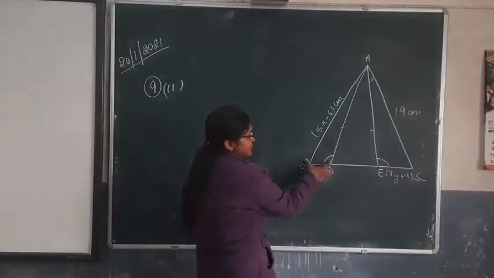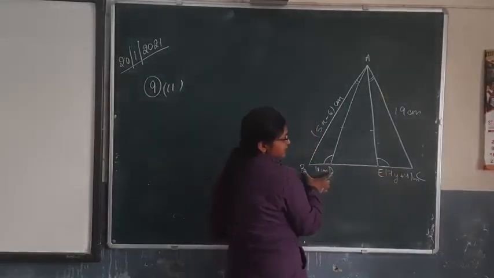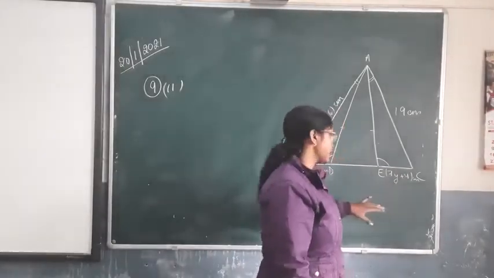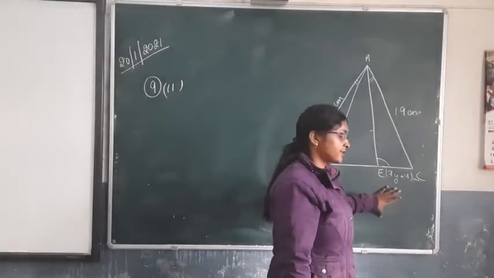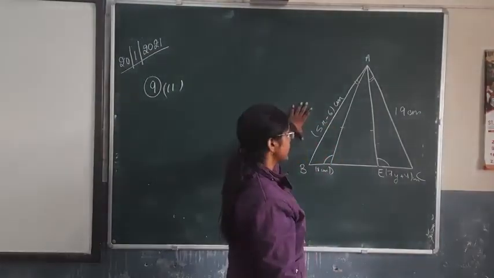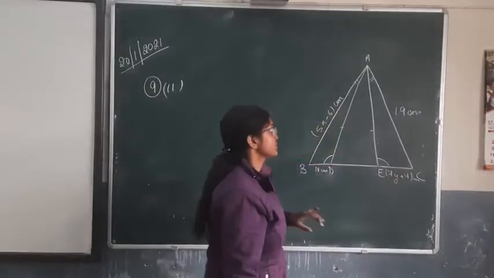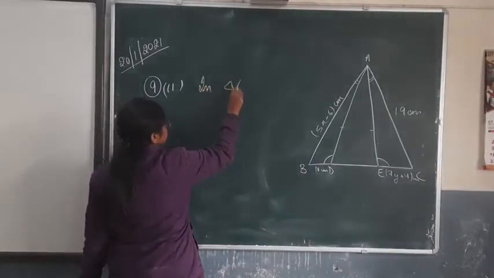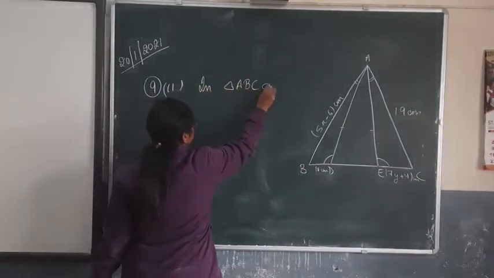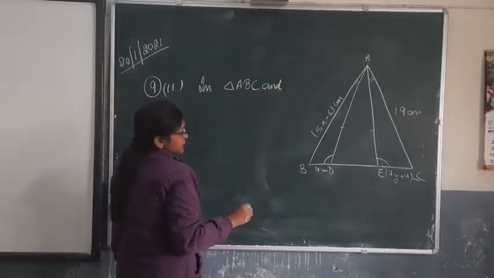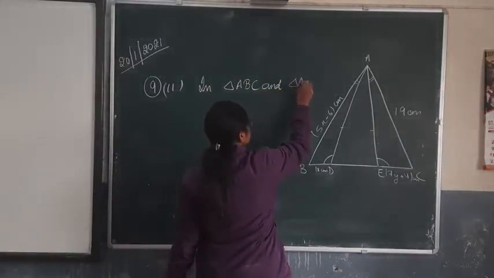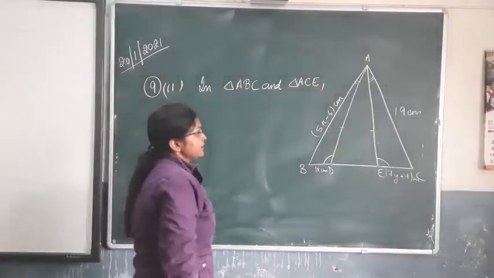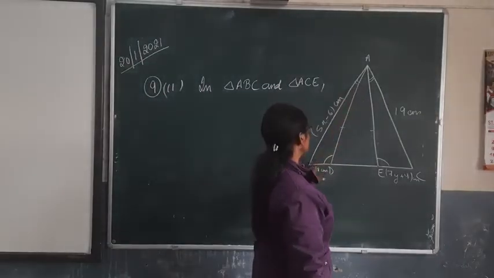Okay, and if we prove that this triangle is congruent to this, then this BD will be equal to EC. This BD will be equal to EC, means 18 centimeter will be equal to 7y plus 4 and this 5x minus 6 will be equal to 19 centimeter. Okay, so first of all we will take triangle ABC and triangle ACE. Okay, in these two triangles, here in this question it is given that this angle BAC